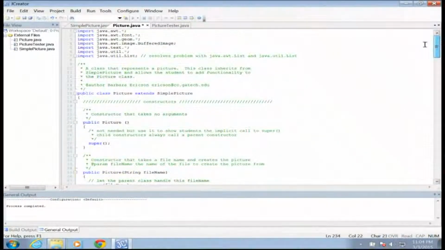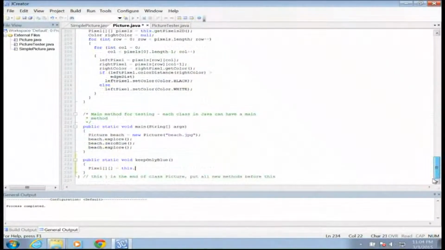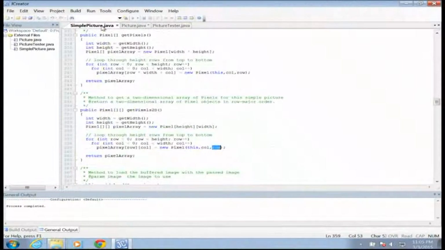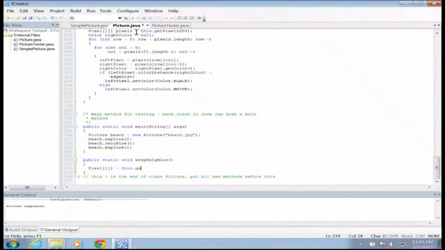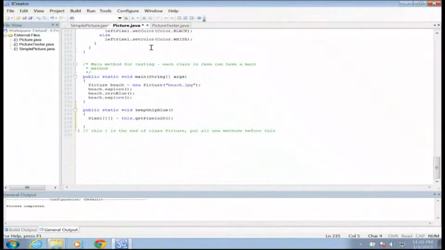And because we are extending it, I never actually showed this, but let me scroll up to the top real quick. We can see that we are extending simple picture. We do have access to all of this. All of the methods in simple picture we have direct access to. So I can say this dot, what was it called again? getPixels2D. And so this is going to get a two-dimensional matrix of pixels, which I can then go through using